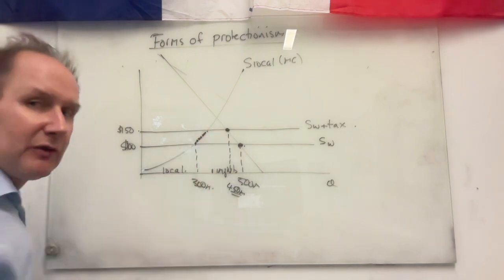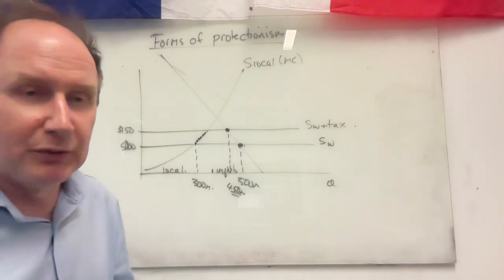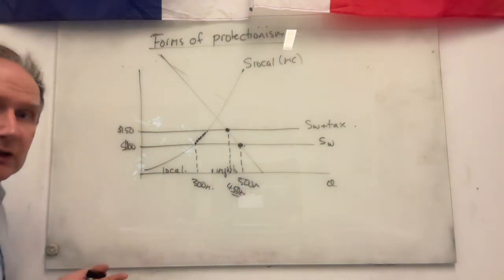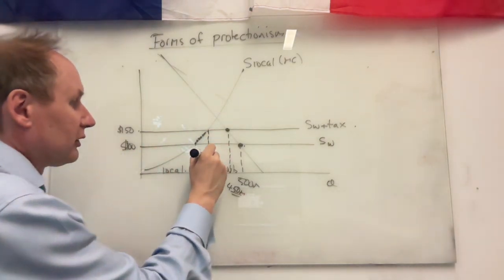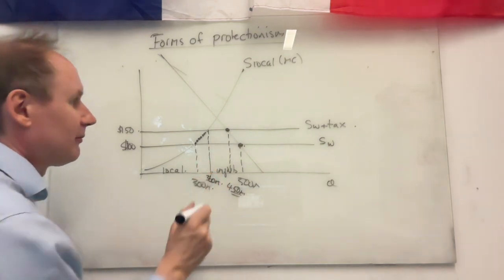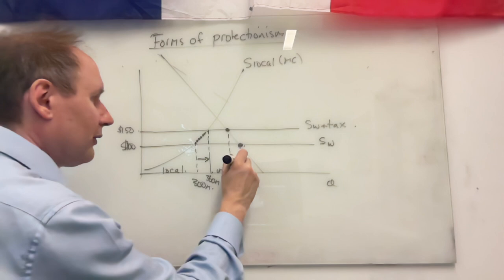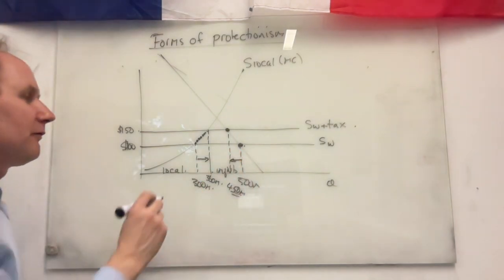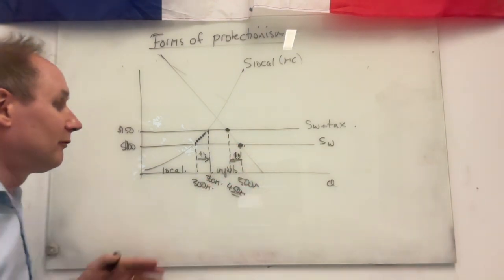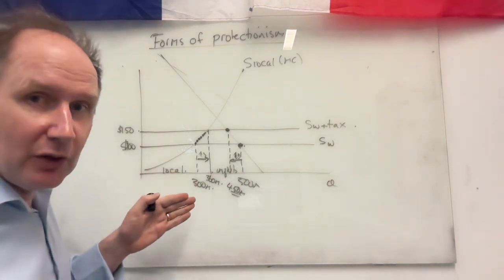The second thing that happens, of course, is that these local producers, it used to be the case that they couldn't compete at all. They were unable to compete with world producers because their costs were above $100. But now the price has gone up to $150. Local production can now expand, and let's call that 360 million tons. So local production has expanded by 60. On the other hand, local demand has fallen by 50. Therefore, there's been a reduction in imports by 110 million units.